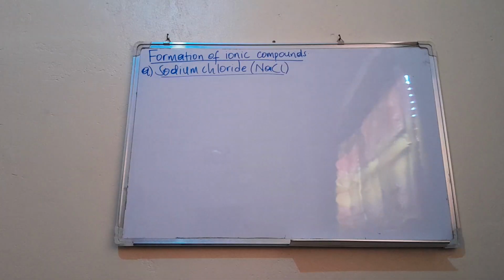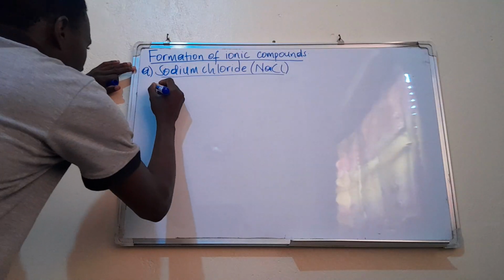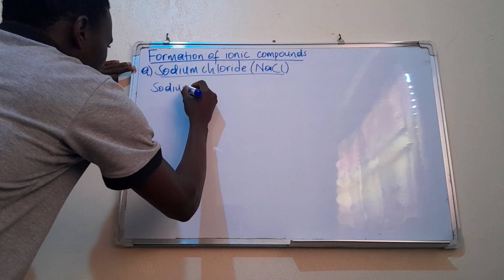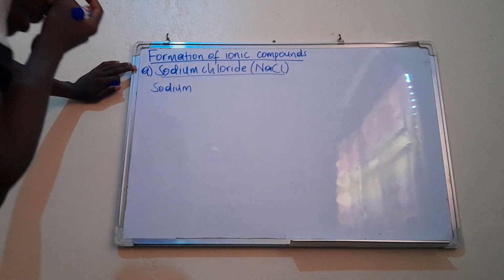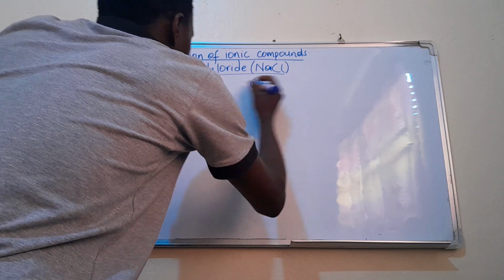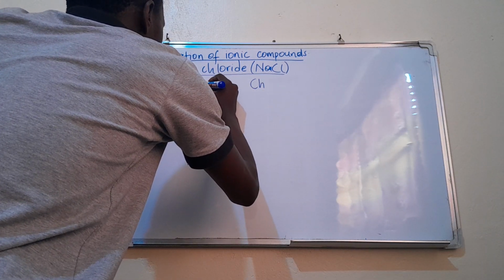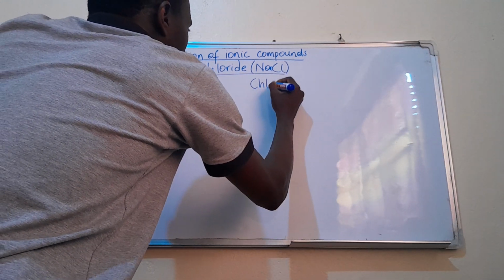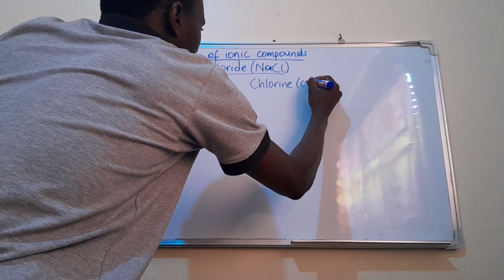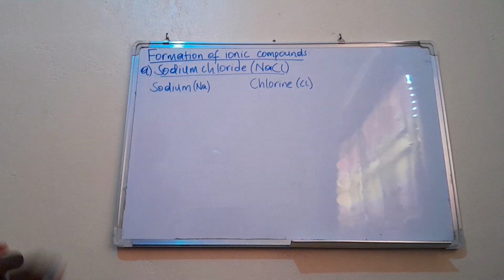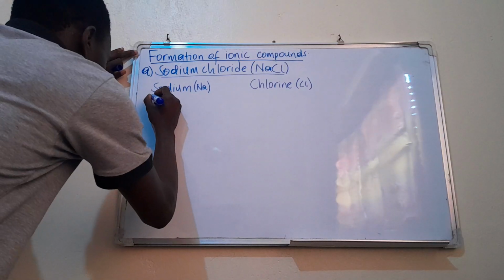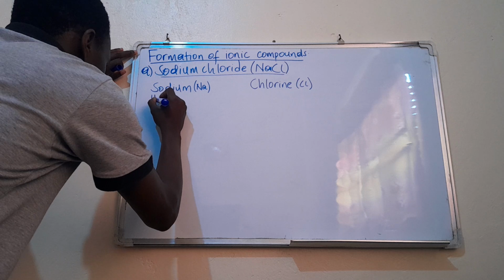So within sodium chloride, there is an element, sodium, Na, which is our metal. Then there is also a non-metal, chlorine, Cl. So sodium is element 11 in the periodic table,